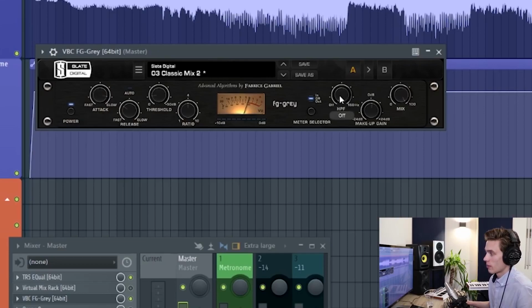There's this dial here, high pass filter, and I had it set quite high. When it's set low, what was happening was that my kick was being compressed, and that was really killing the punch and energy of the low end, but because it made it louder, it still sounded good. But with that high pass filter turned up, the kick was getting through and not being compressed, which sounded a lot better. Now, when the release was on auto, it was really slow, and it wasn't recovering in between the compressions,